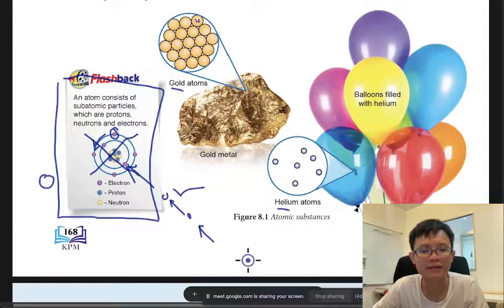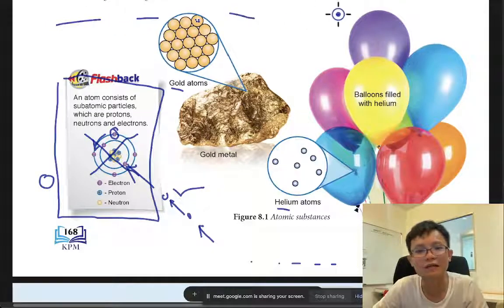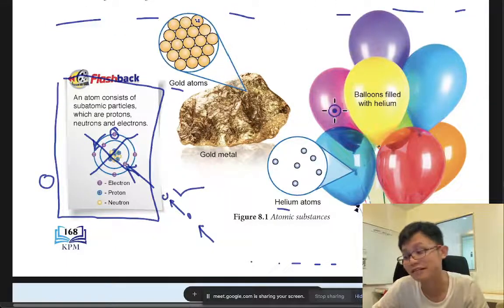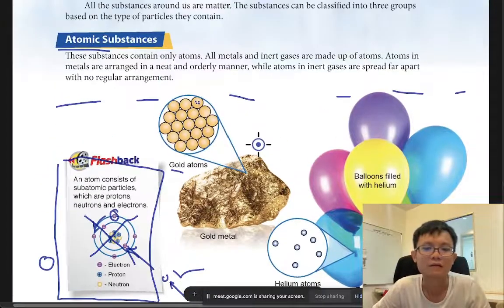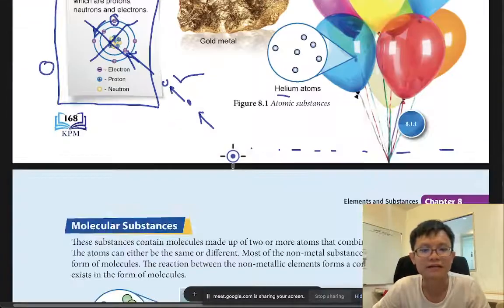So yes, it will be infinitely small that you can see, or infinitely big that you want to see. That is what makes science very special, because there's always something to study. You study something so small, you still want to see smaller. When you see smaller, you still see smaller. So yeah, and you never understand this.